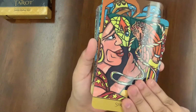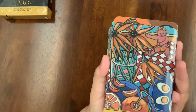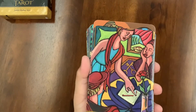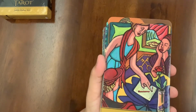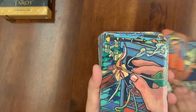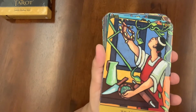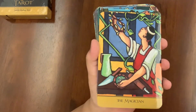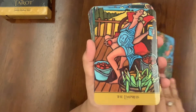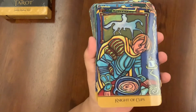I love the colors, very animated, right? The Sun, the favorite card for everyone, the happiest card in the deck. The Hierophant, learning, teaching, inspiring. The Queen of Swords, the Ace of Wands, the Magician, the Two of Pentacles, the Empress, the Knight of Cups,